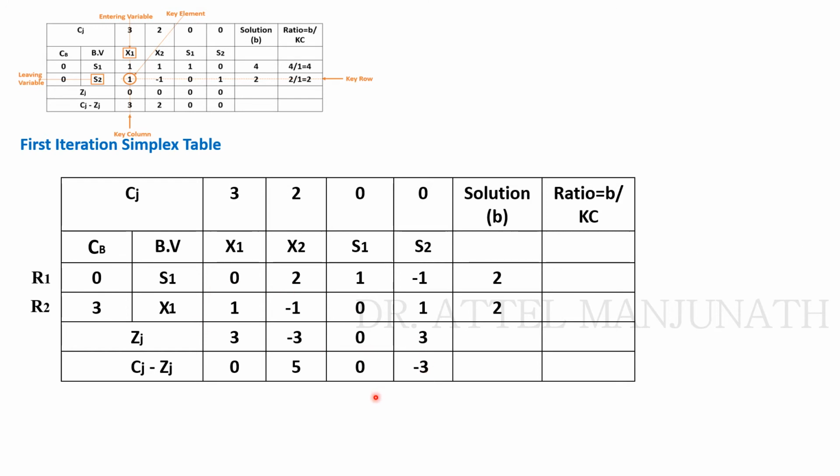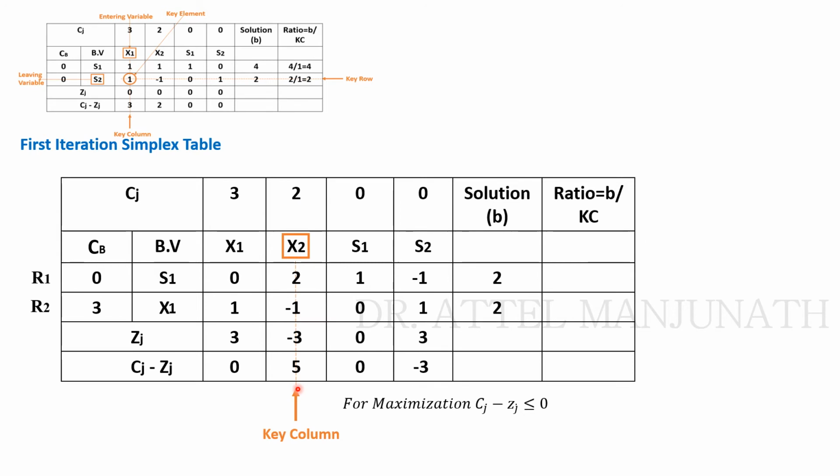Now you need to check for maximization, Cj minus Zj should be less than or equal to 0. So here in the net evaluation row you have 0 minus 3 and you have one positive value, that is greater than 0. So because of that the solution under test is not optimal, hence you have to go for the optimality test again. So you need to identify in the net evaluation row the maximum positive value and consider that as a key column. So this column is considered as a key column here.